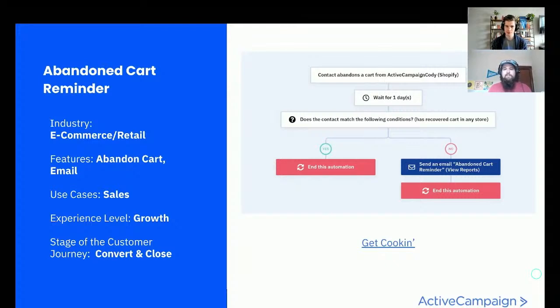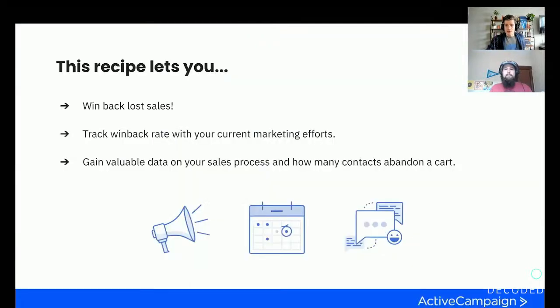Love it. Yes, as you can see here in this image of the actual automation, it's not too big, not too complicated at all. And Finch had let us know that it had some really significant results for scofflaw. And I actually read a stat that in 2017, approximately 77% of carts were abandoned on e-commerce platforms. That's three-fourths. That's over three-fourths. If you have an 8-slice pizza, that's 6 slices. That's ridiculous. All right. So, I mean, obviously we get to win back some lost sales, but what other benefits do we get from the abandoned cart automation?